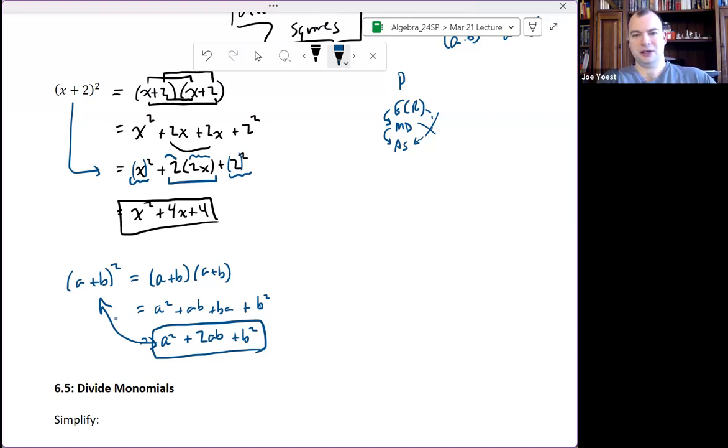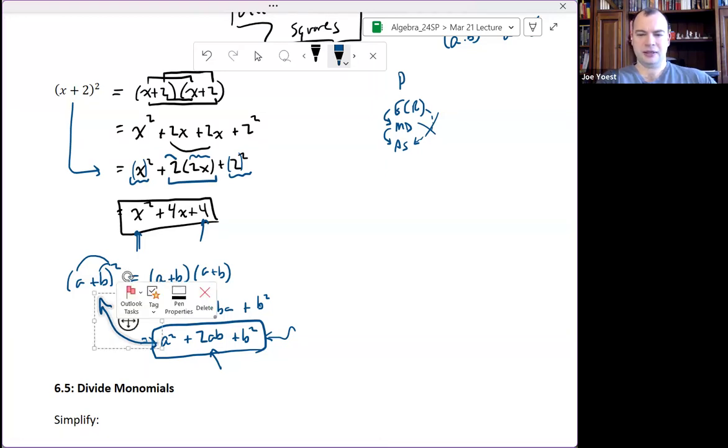Right, I did get something like x squared plus 4 if I had naively tried to use the distributive property here. I do get something like a squared plus b squared, but I also get this cross term, this 2ab. And again, is that super helpful in chapter 6? Maybe not super helpful. But when we get to chapter 7, when we're looking to factor, we're looking to go the other way,